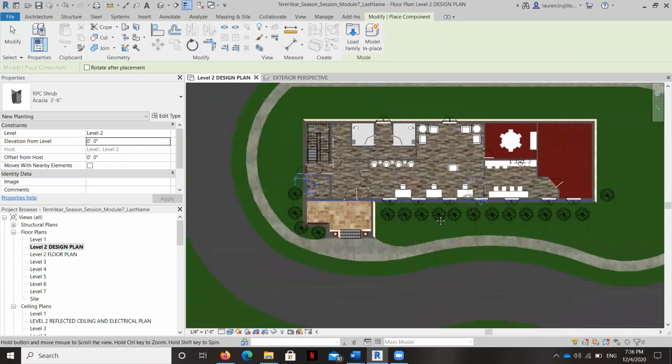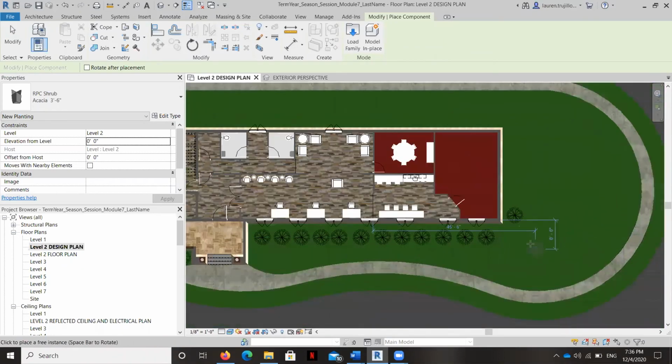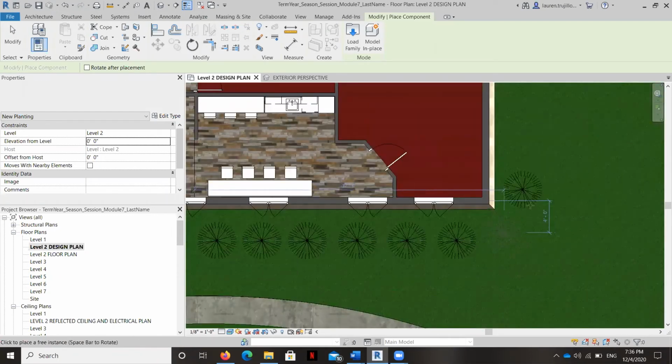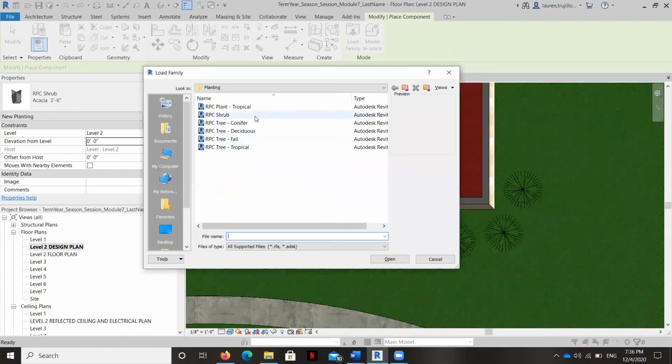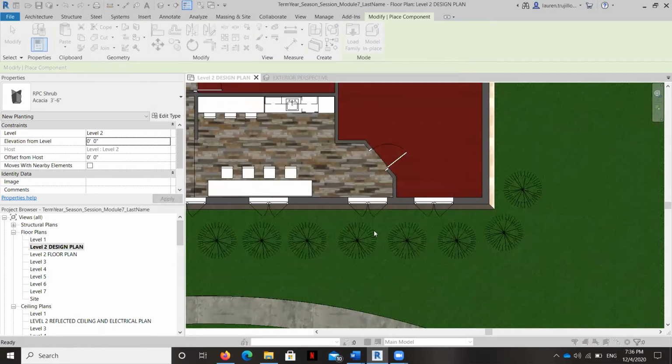And now that I've got some shrubs in there, I'm going to put a couple of trees over in this corner. Let me just put one more over here. And they have a lot of different kinds of trees that you can use.